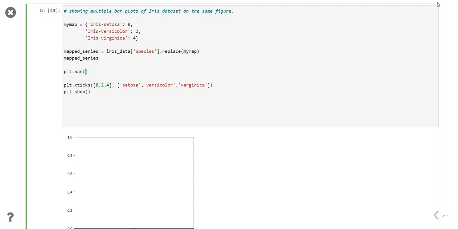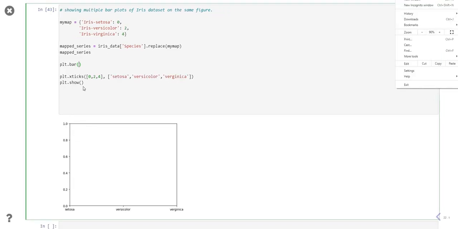So for the first one, actually we'll have to plot four bars here. So what we actually want to do is we need to specify the x values here, and then we'll actually